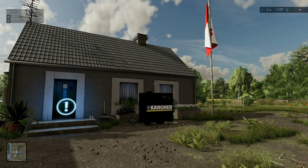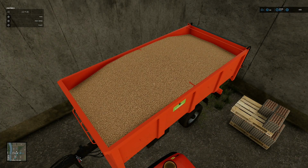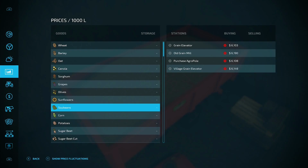As we can see, our bank account is suffering right now. We're in the minus, which is awful really, but luckily now is the time to sell our soybeans. So today we have a few tasks on our hands. Obviously the most pressing task is getting our soybeans sold, because as we can see, the price for soybean is